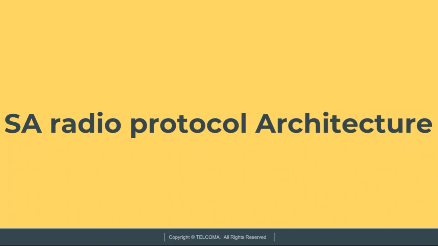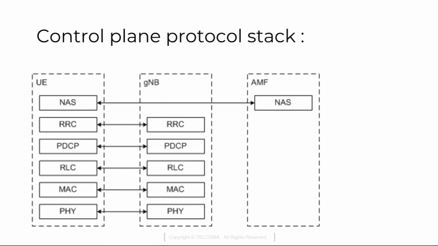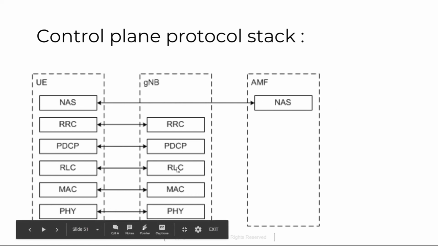Now let's move to the next, which is standalone radio protocol architecture. In this also we have control plane and user plane. So this is the control plane protocol stack. Here we have PDCP, RLC, MAC sublayers, RRC,